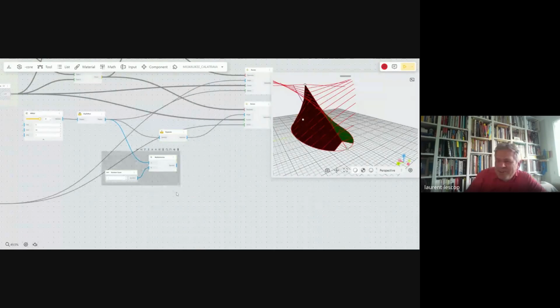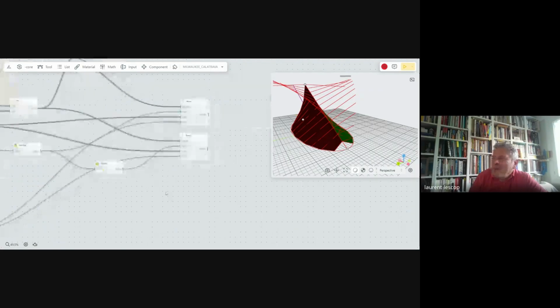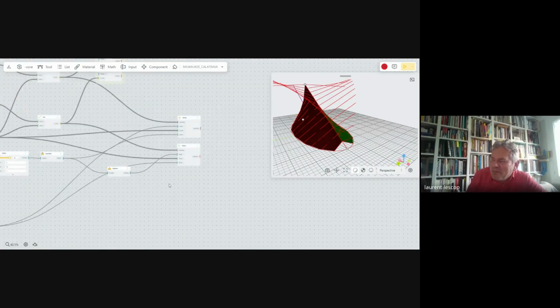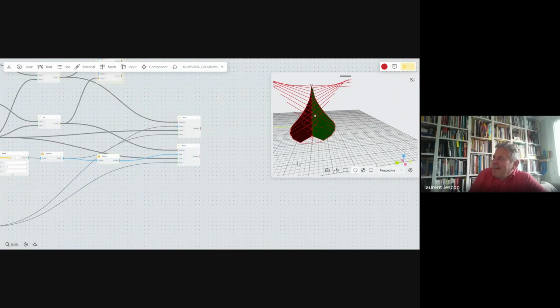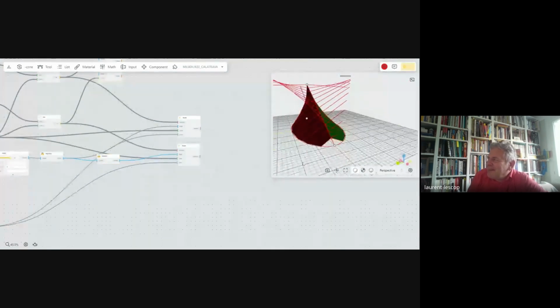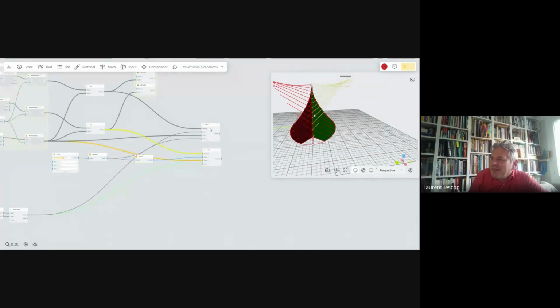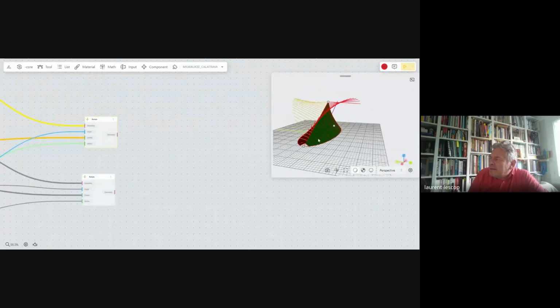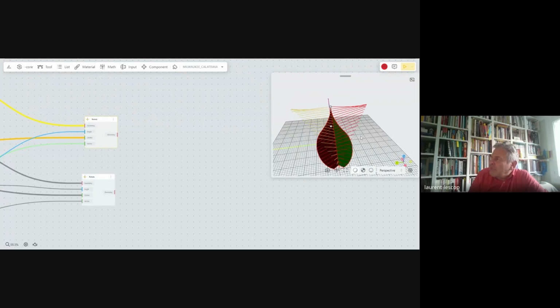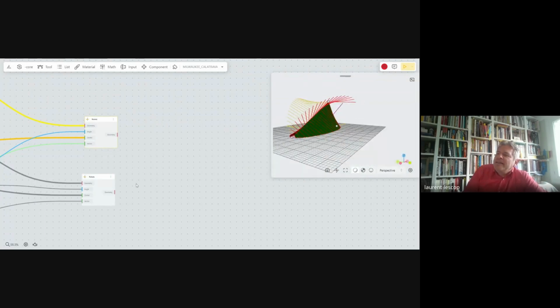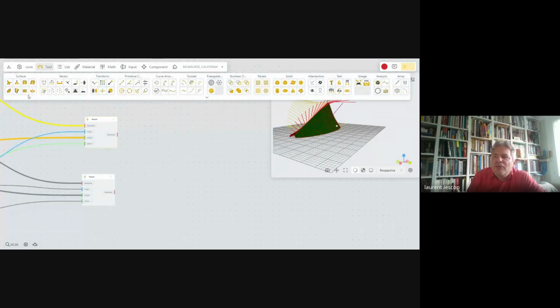So we can remove that and save more memory, because as far as I remember, you explained to me the more components we put on the definition, the more memory it takes, of course, and then it affects the fluidity of the work. Kind of tricky part now is how to add volume to those bones. There are many possibilities. If you are lazy, you can go to tools and then you go to tube.